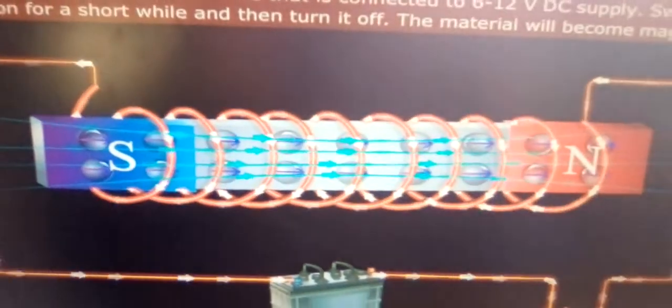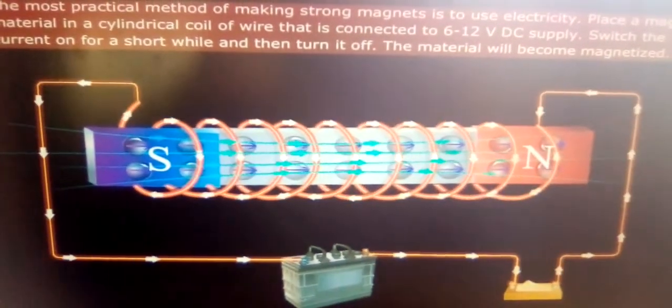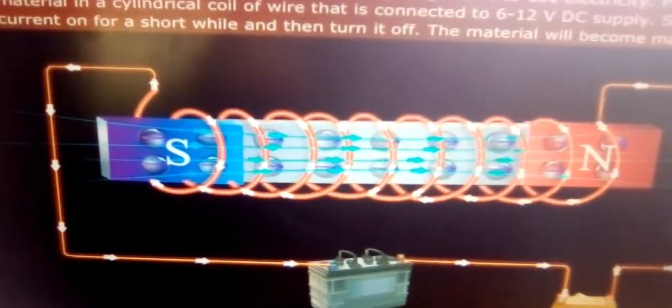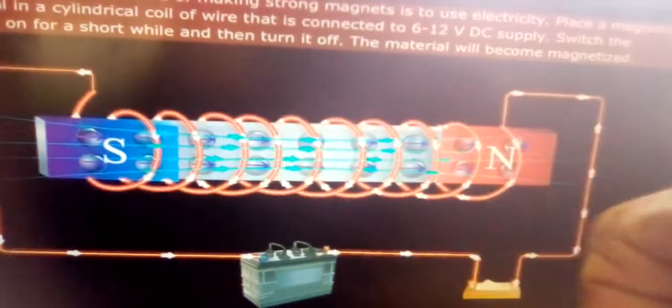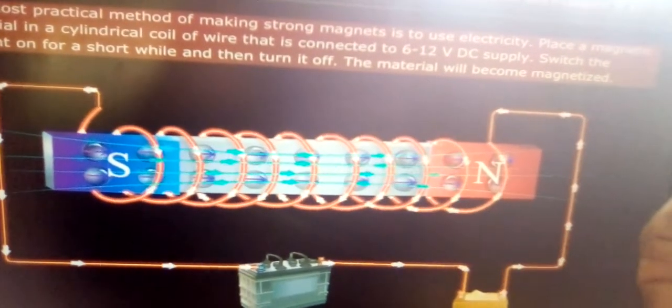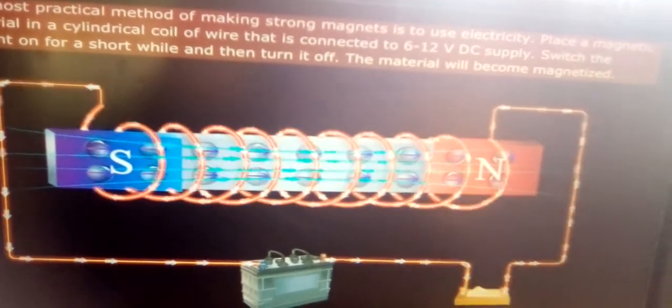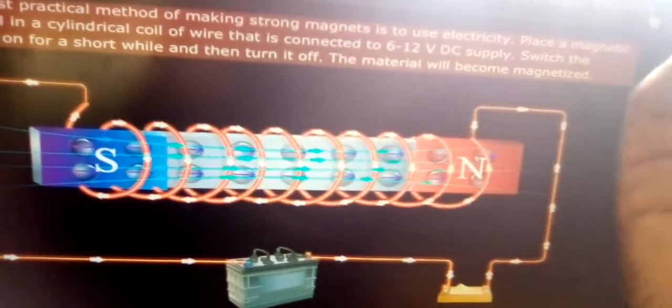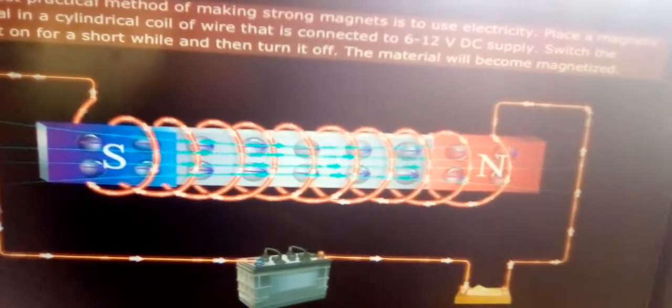Current aligns them in one direction, and when they are aligned in one direction, then they form a magnet. This is the electrical way of forming a magnet. Okay, so the easiest way to try it out, when you grip your conductor, and now if current is flowing in a clockwise direction,